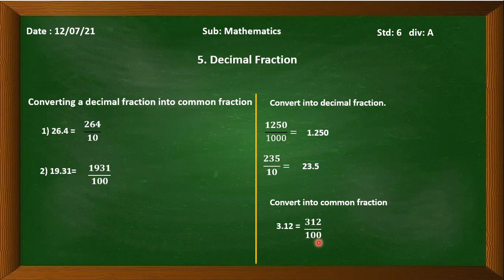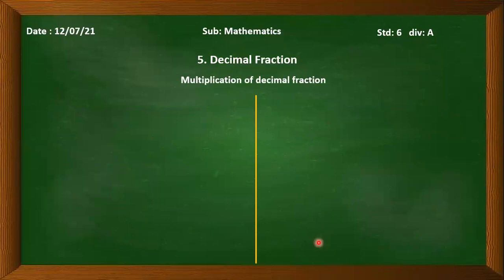Okay, so let's move to the next concept, which is multiplication of decimal fractions. You have done multiplication of integers, whole numbers, natural numbers in your previous standard or this standard. Now we are going to do multiplication of decimal fractions. So we will take a simple example. This is the number 4.3, which is multiplying by 2.5. First, there are two rules which are very important to do this multiplication. If you understand these rules, you will solve any decimal fraction multiplication problem.